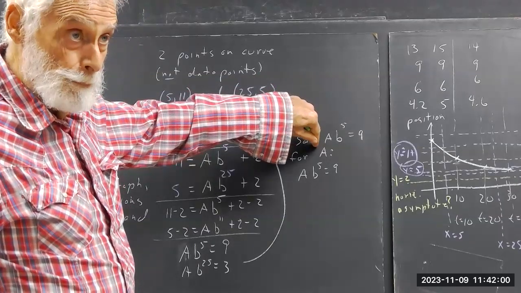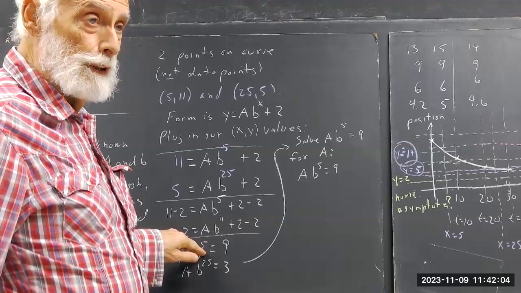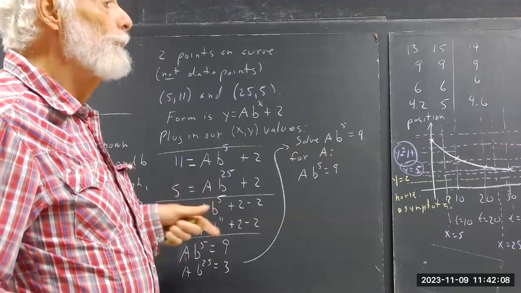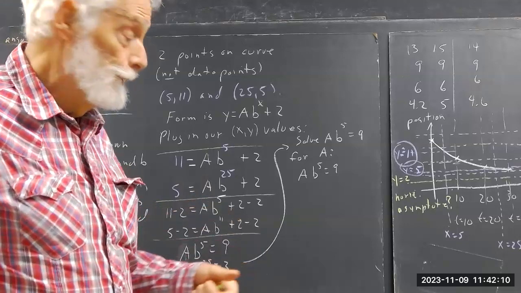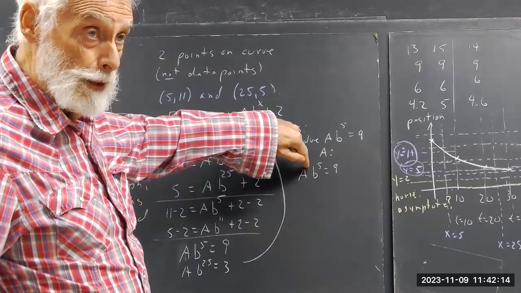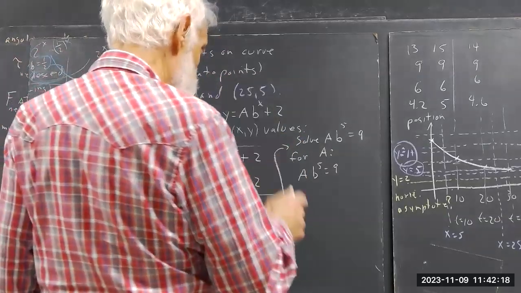Okay. We could solve it for B, but it's a B to the 5th, and we'd have to take the 5th root, or 1/5 power. We're ultimately going to have to do that anyway, in a sense. But right now, we'll do the easier thing. It's easier to solve this for A than it is to solve it for B. So if I want to solve it for A,